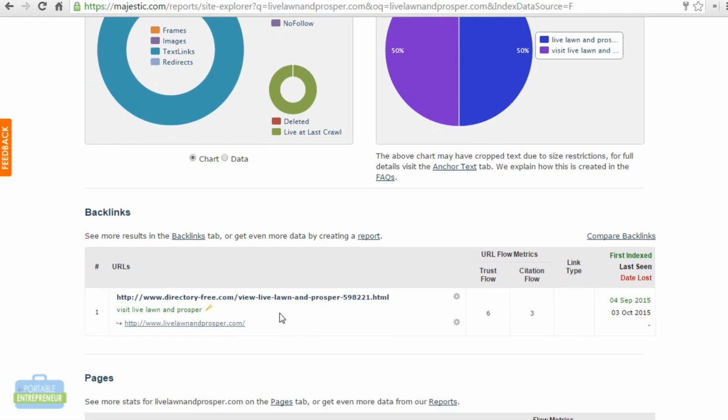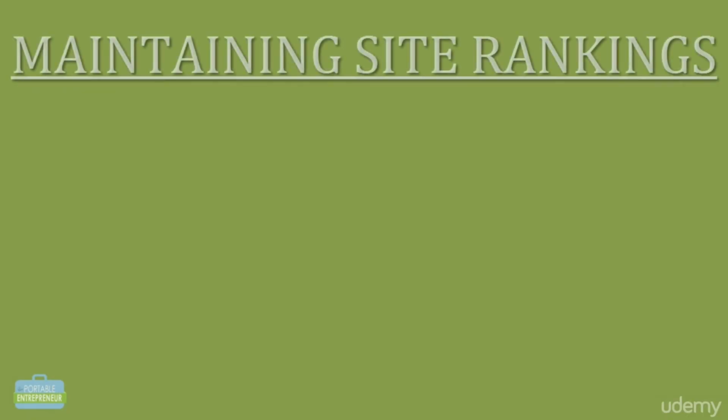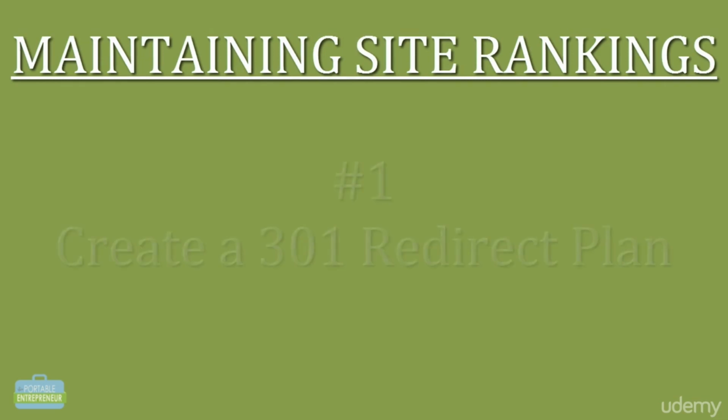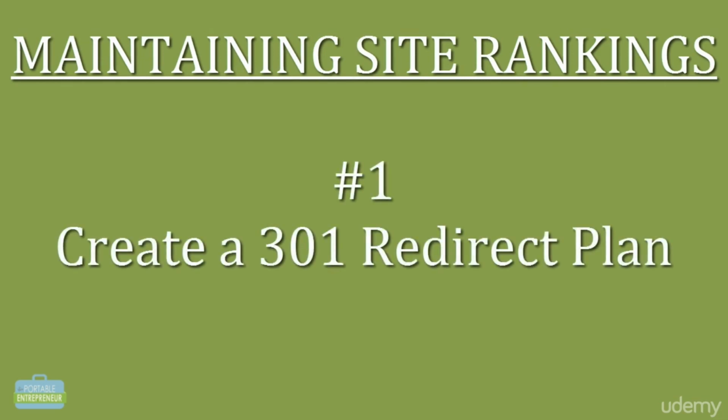As you can see, this is showing one link here, and this is from a directory. So that's something that we're definitely going to have to come back and look at to see if that's something we want to keep. What we're going to want to do is create a 301 redirect plan. This 301 redirect plan is how you will be able to change the URLs on your site if you need to. But as I mentioned, before you get into a 301 redirect plan, the best thing you can do is